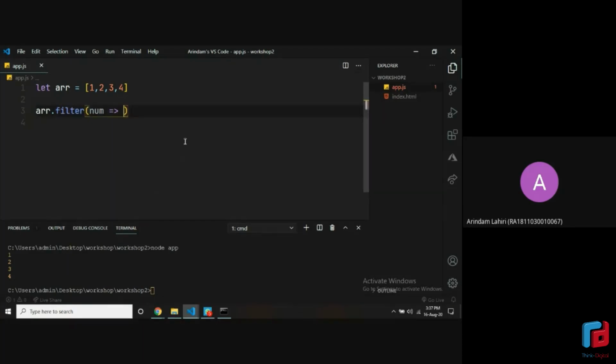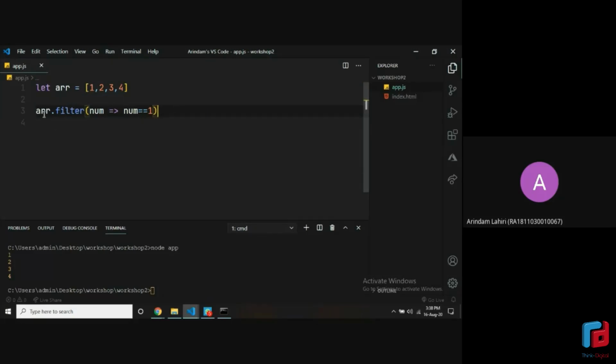So let's say num == 1. If you run this function for every element of the array, and if you remember, in the arrow syntax, whenever you don't write anything, the expression gets returned, right? So it's going to return a Boolean value, as we saw earlier. For all these elements, it will only return true for the first element, right?